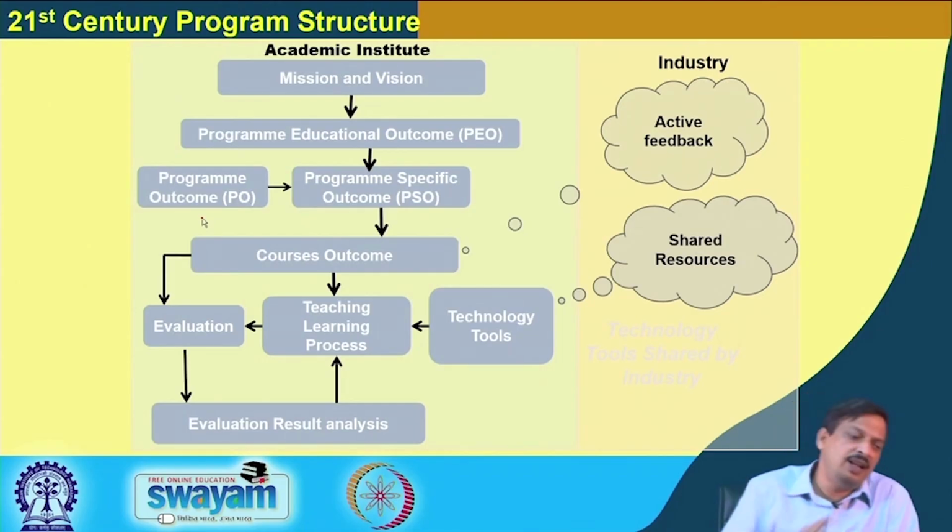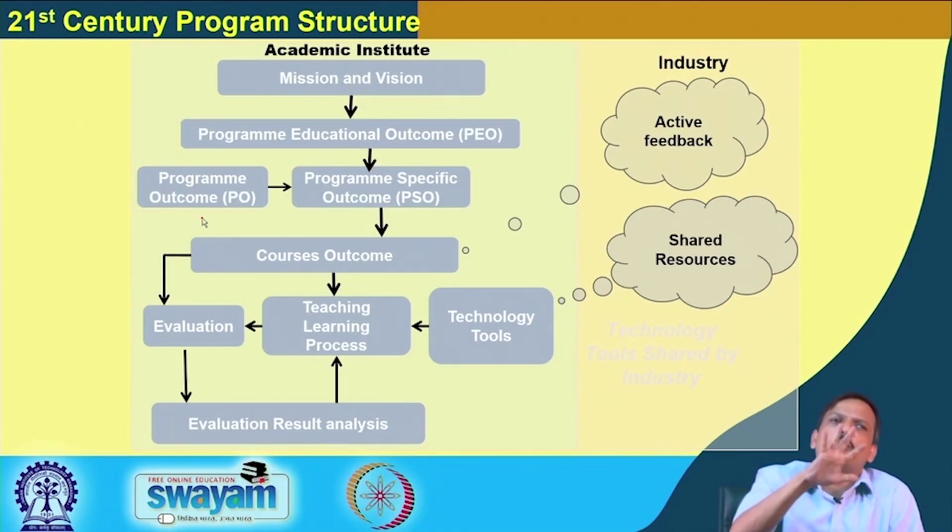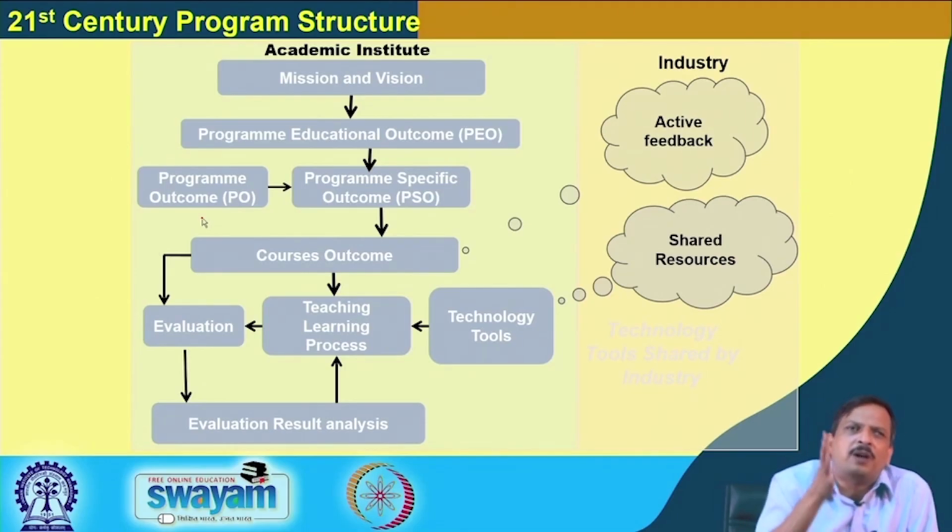Okay? Then come to the program outcome. I already explained what is program specific outcome. So, program outcome is nothing but a 12 dimensional measurement parameter of accreditation. Based on those 12 dimensions, you have to write, some of them are domain dependent and some of them are domain independent. So, domain independent will be taken as it is from that dimension, and domain dependent PSO, program specific outcome, has to be written down. So, there are 5 domain dependent POs. Based on those 5 dimensions, you write down your 5 PSOs